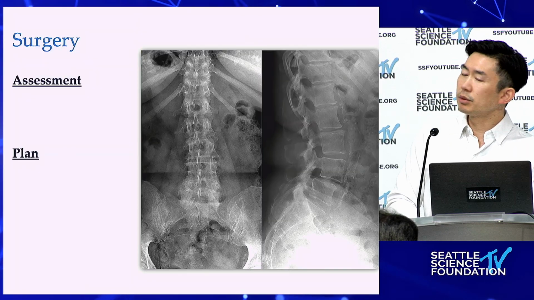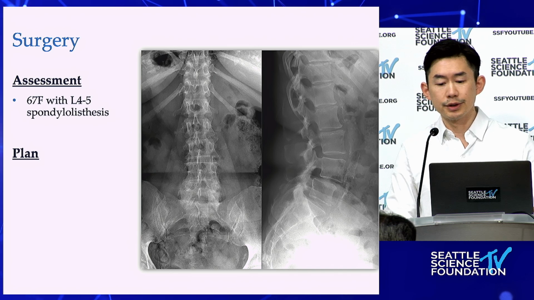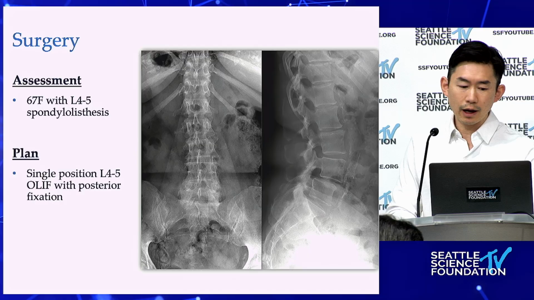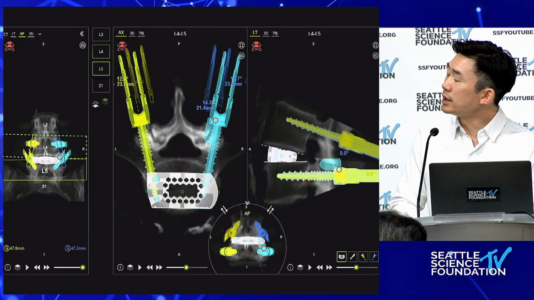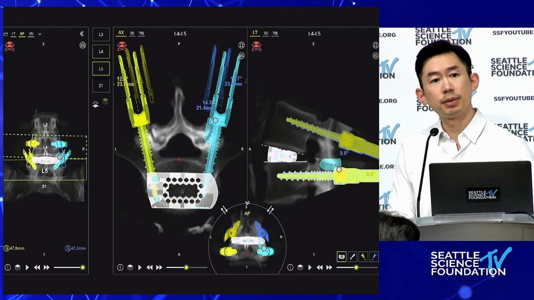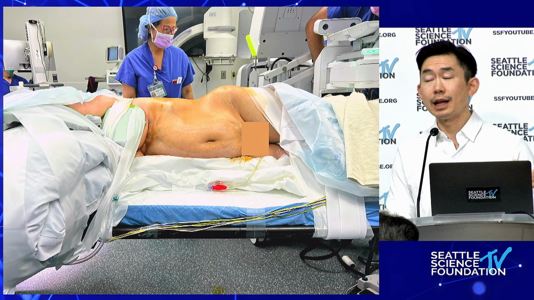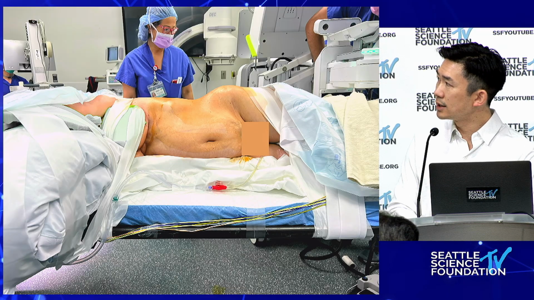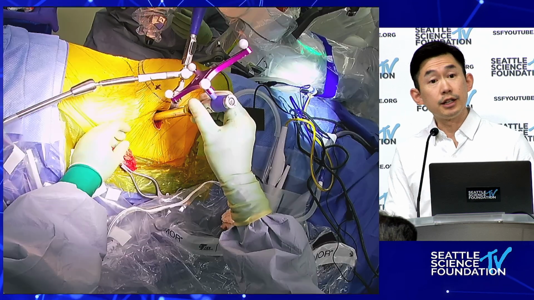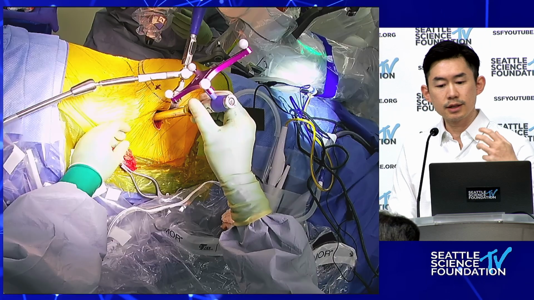And so I tell her, look, you're coming with a spondy, you're symptomatic, I'm going to offer you a surgery. And so the surgery I offered was a single position 4-5 OLIF with posterior fixation. This is using the robotic system. The robotics has navigation built into it, right? And so the plan was to use that navigation system with that. She is positioned lateral, so you can see I use a flat Jackson, positioned all the way to the edge of the bed. There are navigated instruments that are used, right, to do both the screws are robot assisted, the